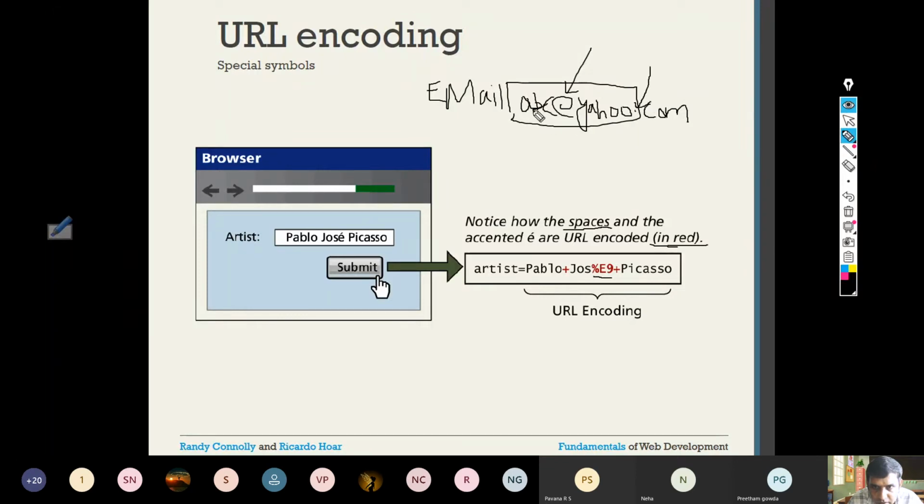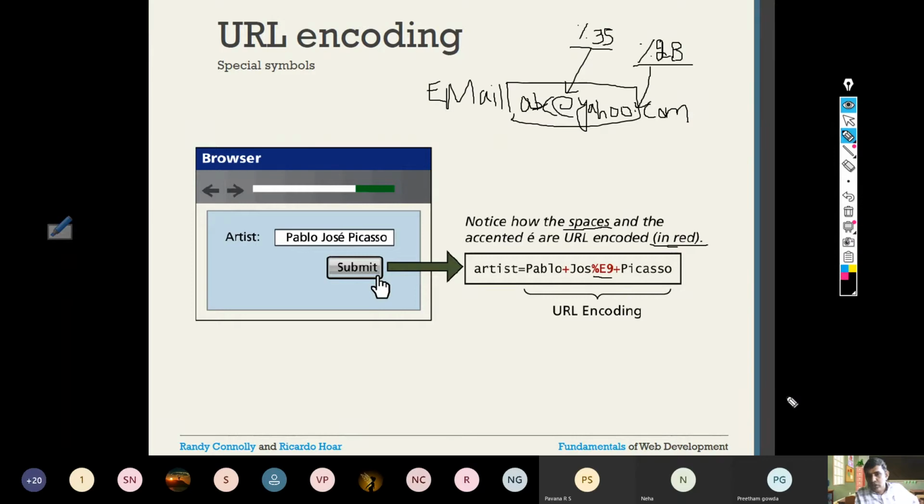All the others are alphabets A, B, C. So how do you give that? In encoding, usually it contains percentage and the ASCII value of it. Assume the at symbol has some ASCII value, some 35, I'm not sure, but simply I'm giving percentage 35, you may get. Or here the dot may have some ASCII value, percentage followed by the ASCII value, maybe 2B for example. The number is in hexadecimal, that's why A and B are also valid, so 2B may be there. So what does it mean? The special characters at and dot should be encoded in the encoding that we are using.